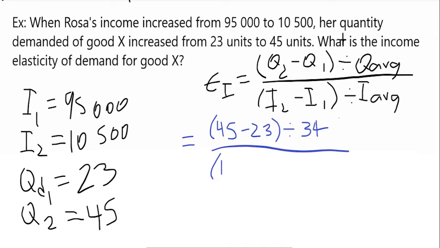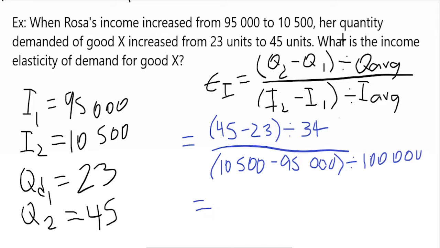I2 minus I1, so you have 10,500 minus 95,000. And divided by the average between the two, you can calculate it, and it's going to be 100,000. Now that you have all those values, we're just going to plug them into our calculator and calculate it. So stop the video, take a moment to try it out. And you're going to get